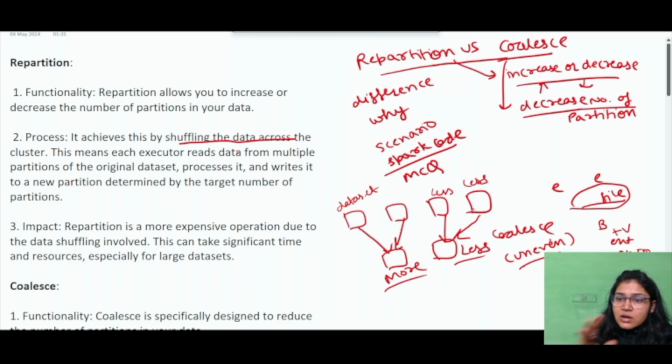And shuffle will generally involve all the I/O, disk I/O, network I/O, and also the overhead. So it will be faster, right? In order to reduce the number of partitions. So that's why you should be aware of how your data set is distributed. So that is about this coalesce versus repartition.